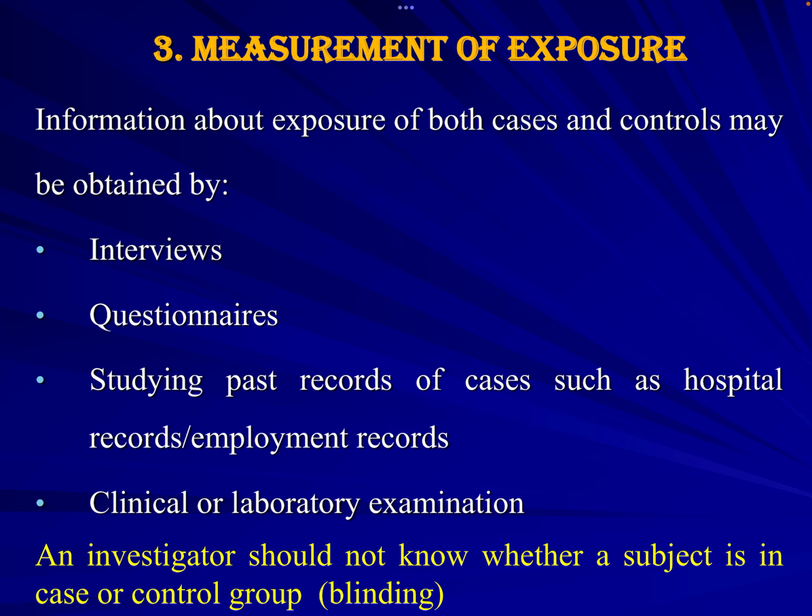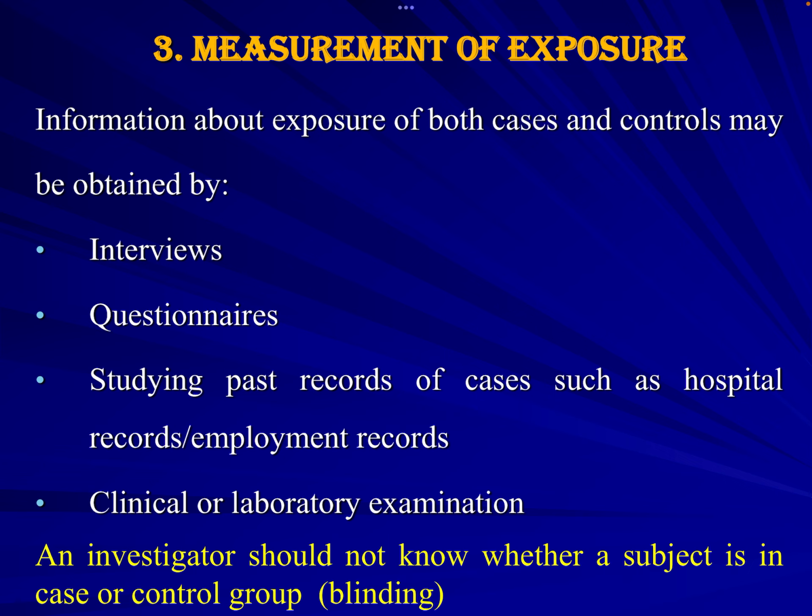The third step is measurement of exposure. Information about exposure of both cases and controls may be obtained by interviews, questionnaires, studying the past records of cases such as hospital records or employment records, and through clinical or laboratory examination. An investigator should not know whether a subject is in the case group or in the control group, and this